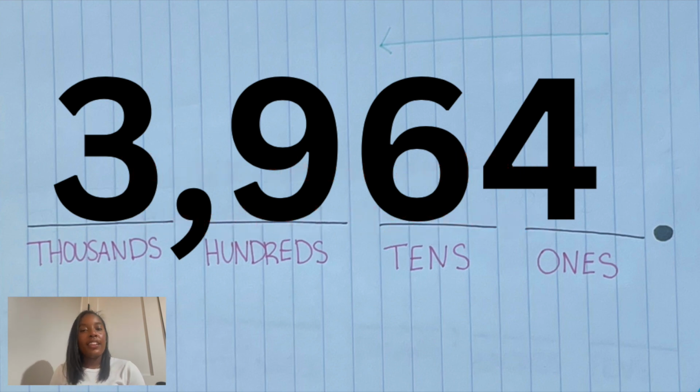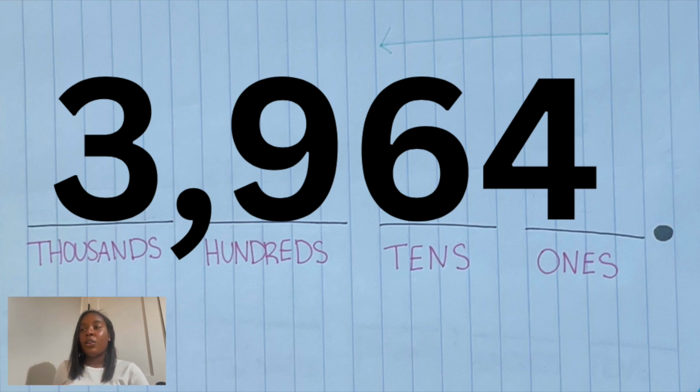So the second example that we have is 3,964. So again, let's go ahead and break this down. We have our place value terms. We have the thousands place, the hundreds place, the tens place, and the ones place, right? So if we're looking at this number, 3,964, we're going to start with the 3. Under the 3, it says thousands. So it's 3,000. The 9 has the hundreds place value term under it. So it's